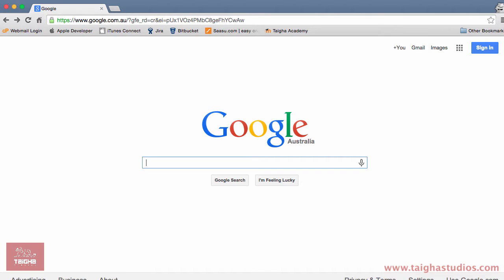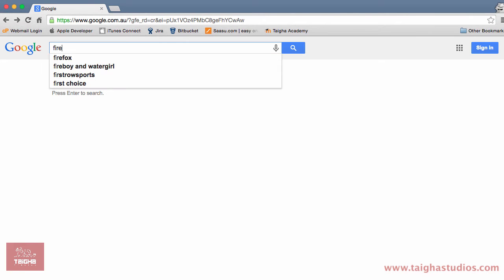So when I use OpenSim Worlds and Second Life, I tend to use a viewer called Firestorm. So I'm just going to go through the process of downloading and installing it and setting up a couple of preferences. To find Firestorm, just go to your favorite browser, type in Firestorm